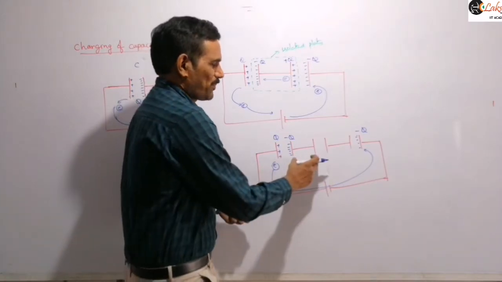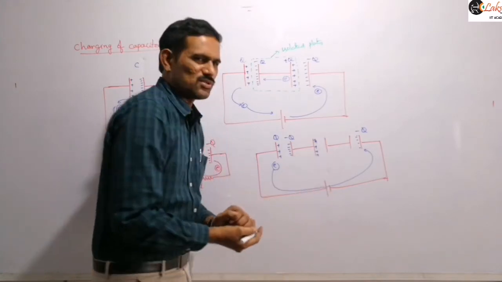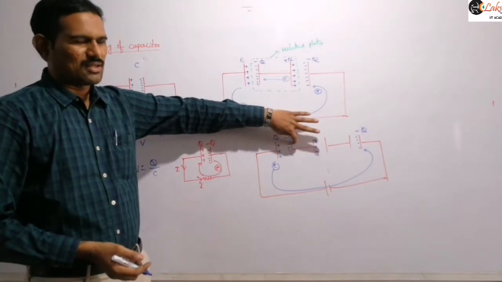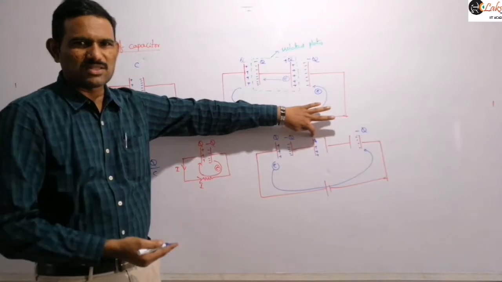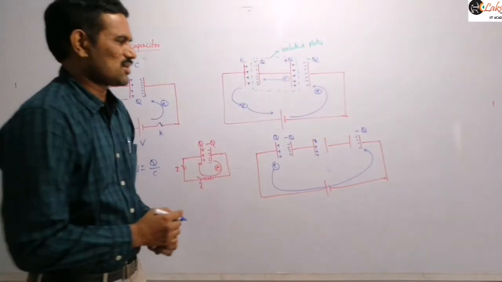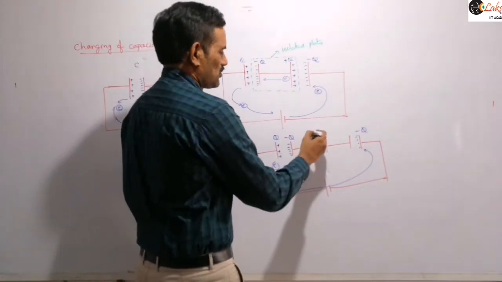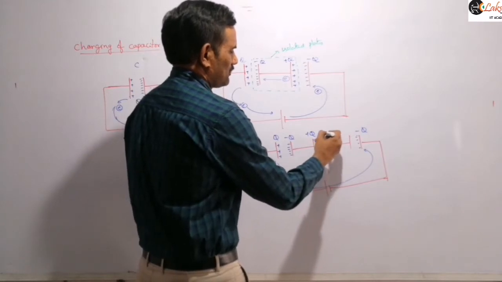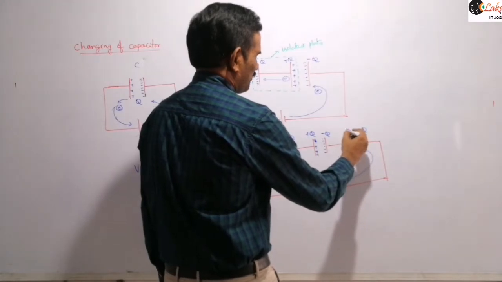Because these two plates together are called isolated plates, the sum of charges on those two plates will be equal to 0. So in general, if it is minus Q, plus Q should be there here. But here there is a deficiency of that plus Q charge. That plus Q charge requirement is there for this plate, so that plate will attract that plus Q. That means that plate will take that plus Q charge here, so that no charge will be there on this outer side of this induced plate. So then plus Q will be there here, then minus Q will be there here. And then if it is minus Q, again plus Q will be there here.